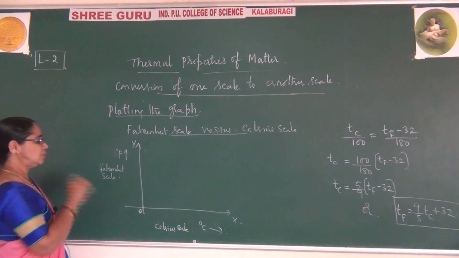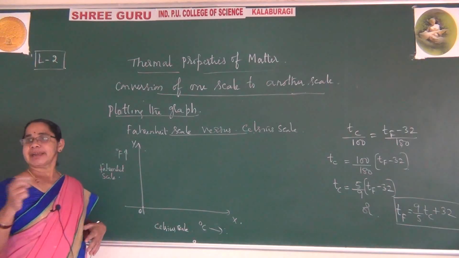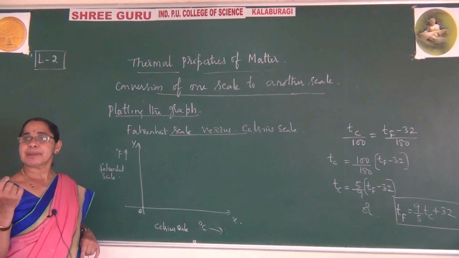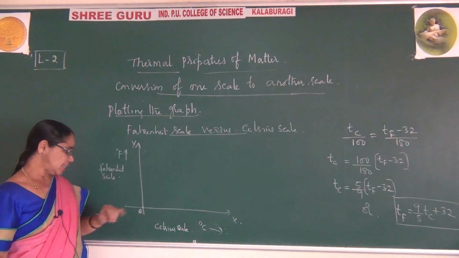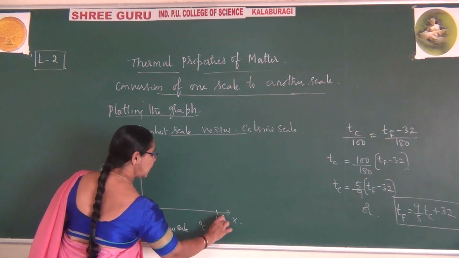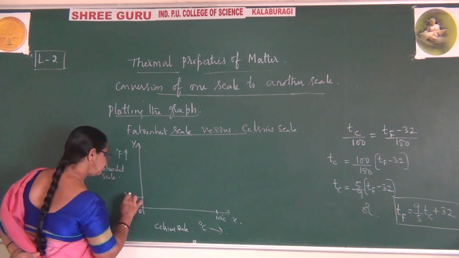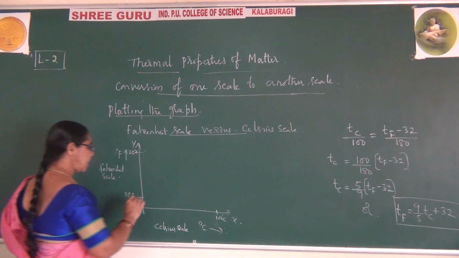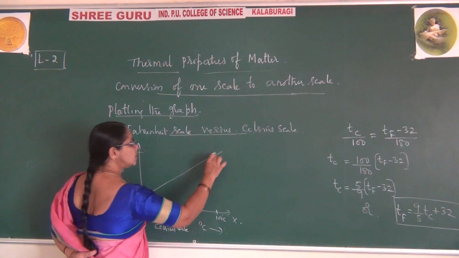Alright. Now I have shown the x-axis versus y-axis. Now you are observing here, when you take the liquid in a container and heat it, naturally the temperature rises. As the temperature rises, you can observe the lower fixed point and upper fixed point, which you know already from the Celsius scale. Let me say this is 100 degrees centigrade here. This is the position of 100 degrees centigrade. And here the lower fixed point is 32 degree Fahrenheit, and here this is 212 degree Fahrenheit. So if I just draw the graph, we get a straight line like this. And this is what you can observe.